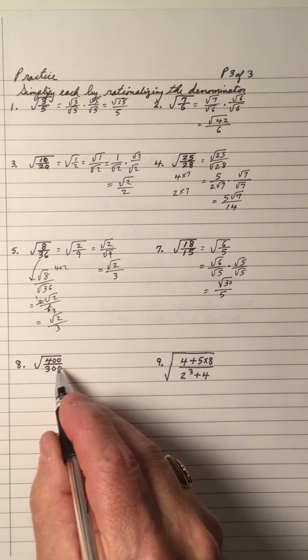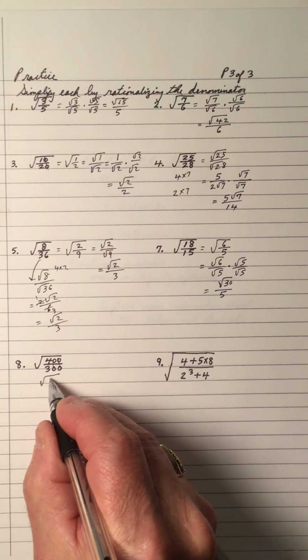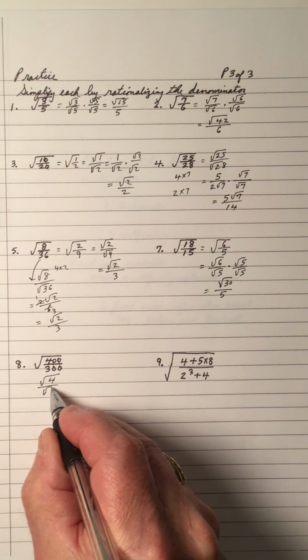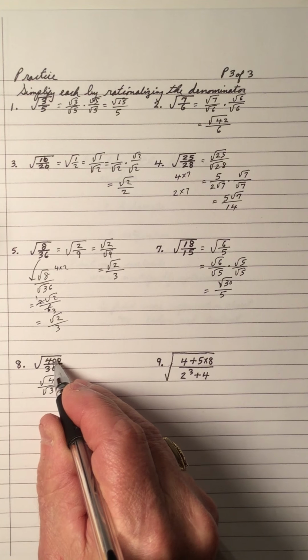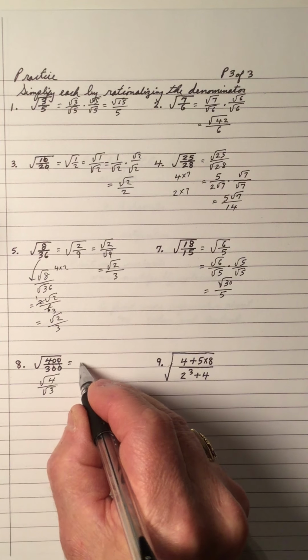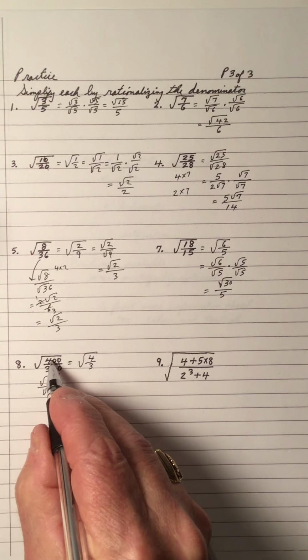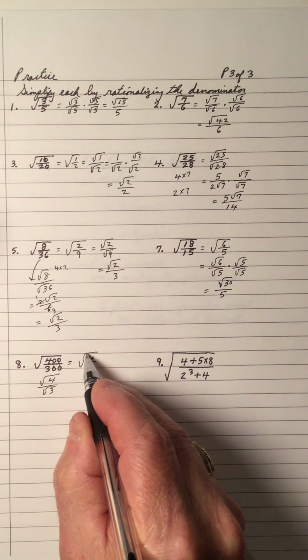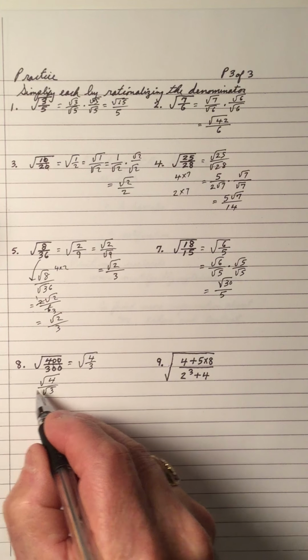And 800 over 600, look at the big numbers. But if you divide by 100, you get the root of 4 over the root of 3. Reducing it down, so 400 over 300 is the same as the root of, let's go with the root of 4 over 3 first. Divide by 100 first gives you the root of 4 over 3. Now, the root of 4 divided by the root of 3,